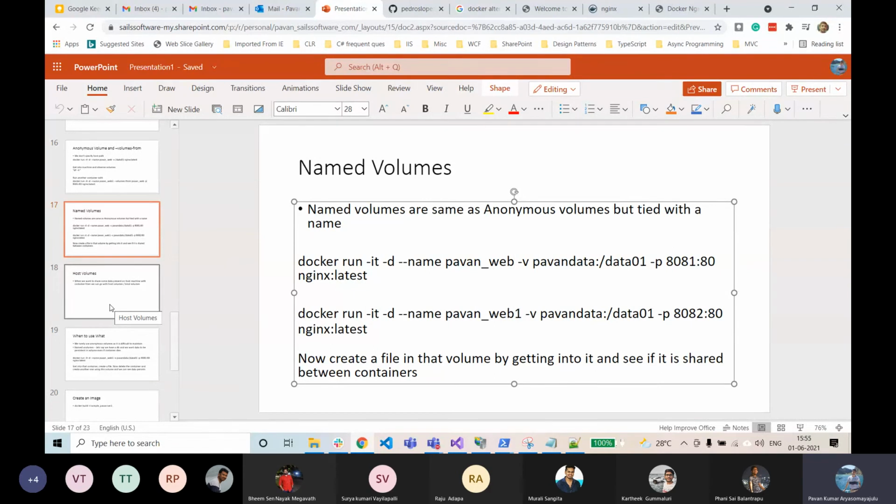Let's focus on these Docker concepts more than these technologies. It is okay if you don't know Node or any of these technologies. As a team, we can do these things. We can apply these concepts, create an application in the hackathon kind of thing, and then deploy it onto AWS. That is what I'm planning. If anyone is interested, I'll share an Excel sheet in this group, in this channel.